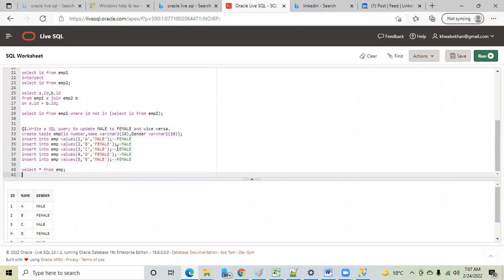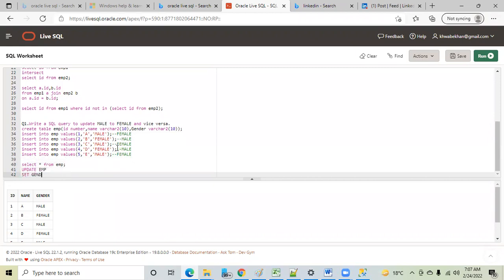Okay. Now I think we have discussed this yesterday as well. I'm just repeating. Update employee set, case when gender is equal to male, then female, when gender is equal to female, then male. Some noise is coming.